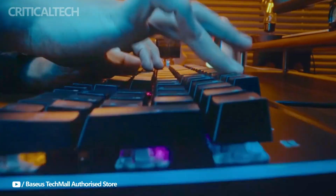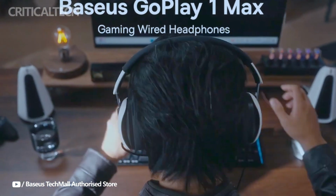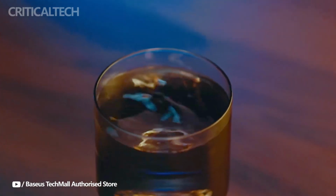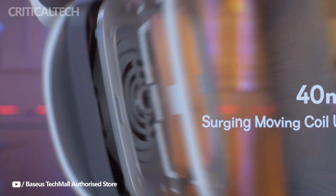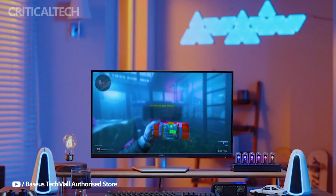Hey everyone! Baseus has launched the GoPlay One Max, a new line of wired gaming headphones designed to elevate the gaming experience without breaking the bank. Priced at approximately $21. Let's dive into the standout features that make the GoPlay One Max a compelling choice for